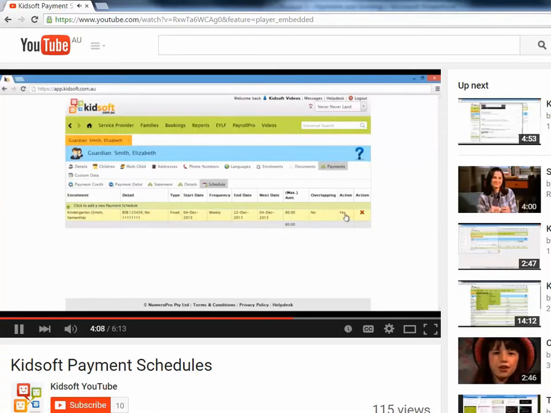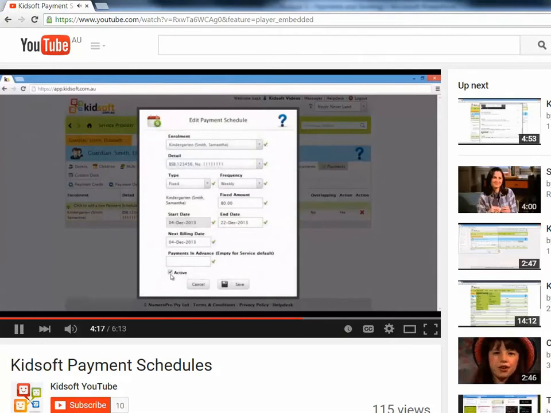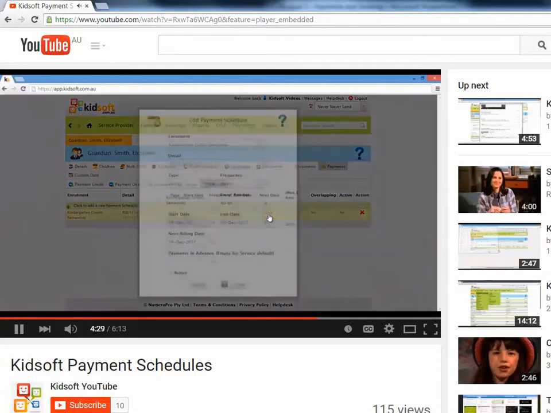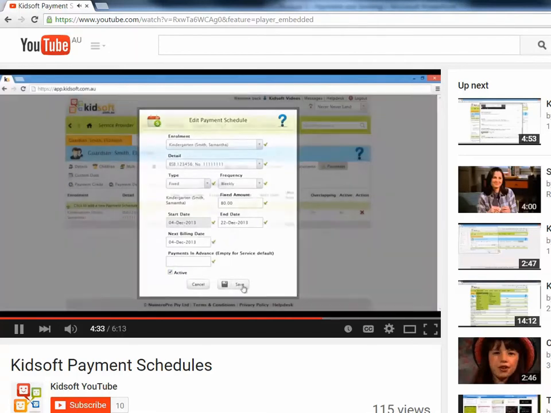The payment schedule is active, and I can delete the payment schedule if I wish. So if the family is no longer attending the service, I can click on where it says active, change that, and press save. You can see now that the payment schedule that was there is now greyed out. It's not active anymore, so no more payments are going to be taken out. If I needed to change that and start that again or make it active because I made an error, I